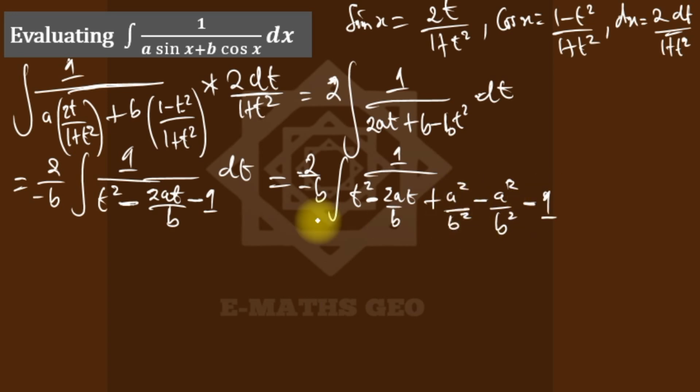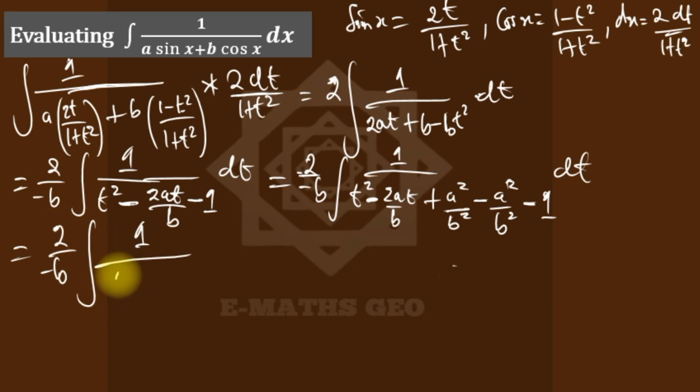So we can still write it as 2 over minus b, the integral of 1 over, this is now a perfect square, t minus a over b all squared, minus this, which is a squared plus b squared over b squared,